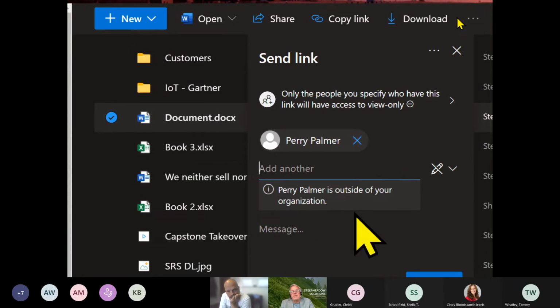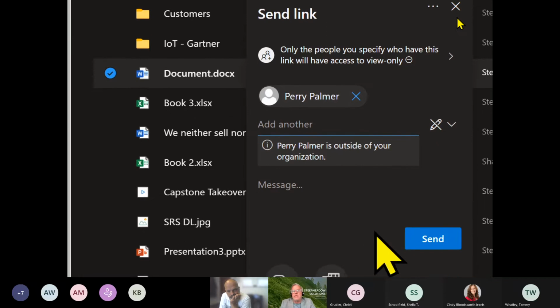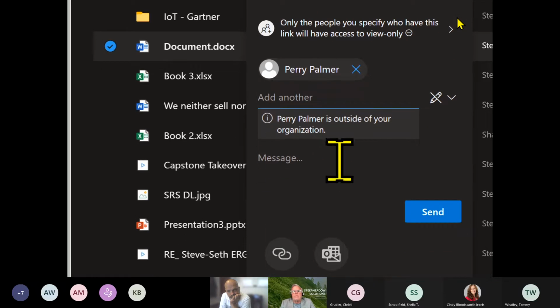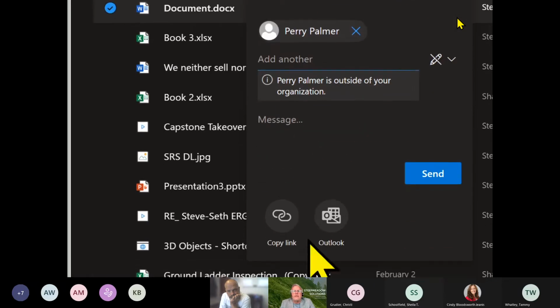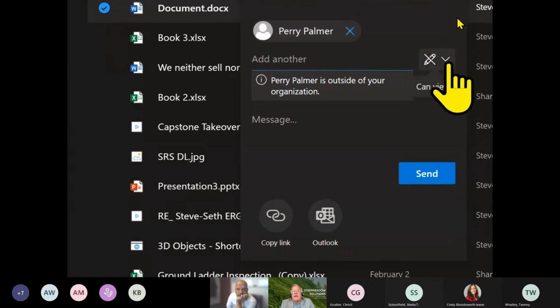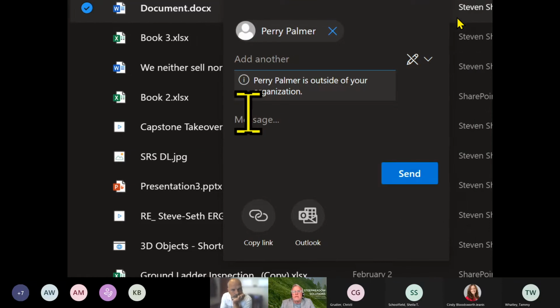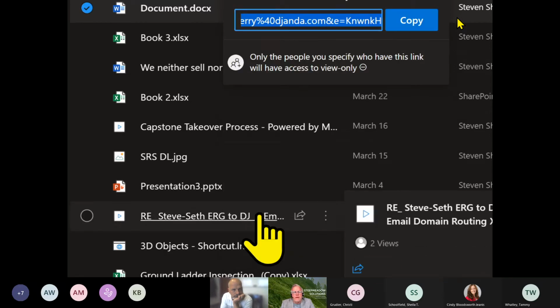It's telling me, hey, he's outside your organization. Well, good. I wanted to know that. And I'm going to now say, all right, that's fine and dandy. I've got Perry configured with this link that I added the permissions to where he can only view it. I could type a message and click send and it would send to him. This is like a little mini email, but instead I'm going to click on copy the link,